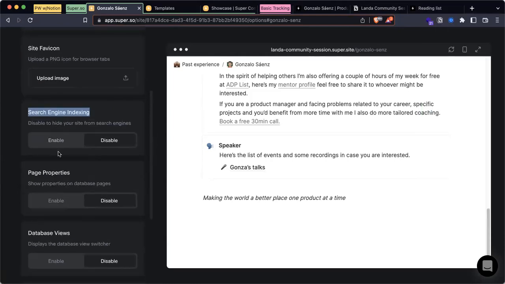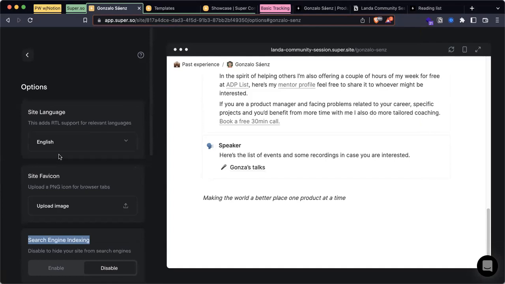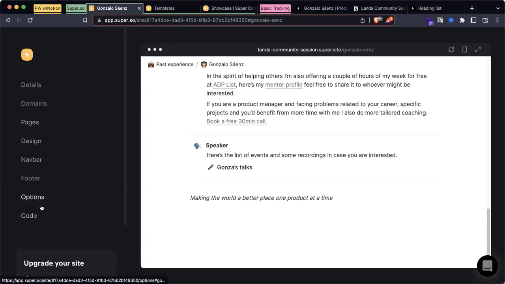And you can enable search engine indexing also, but whenever you click on enable, it will pop up a paywall, so you will have to pay for that. So as I said before, it's really cool for sharing the link. You can put it on your LinkedIn or on a community profile that asks for a web page, but it's not going to appear in Google if you don't pay.